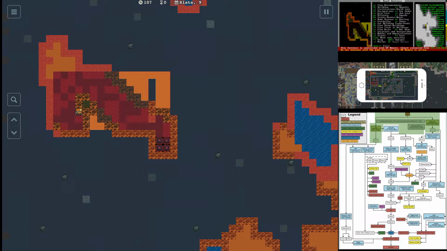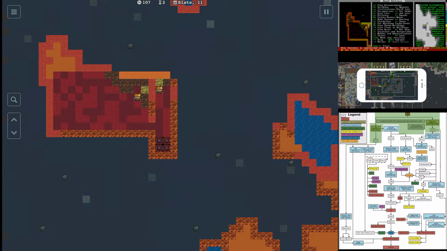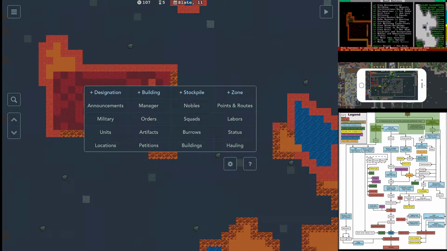Alright, so he's digging. One thing to point out is that these farms cannot be placed in stone. Makes sense if you think about it, but what we're trying to do here is build out a hole in this area where we can actually plant things. To do that, you're going to go up to the 3 bars here. Again, we're going to select